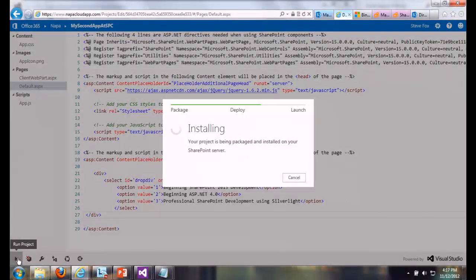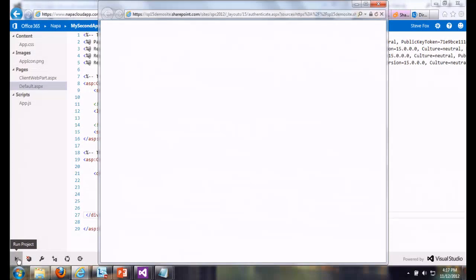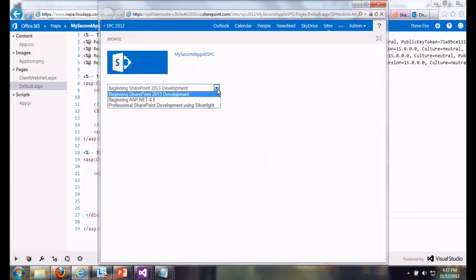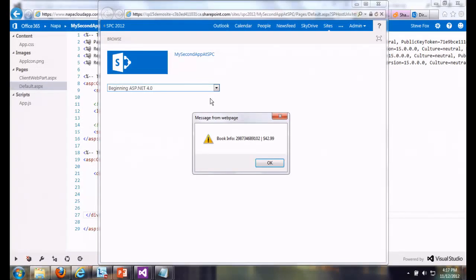There we go. So now it's launching, because it's installed that code on the Office 365 SharePoint instance. And oh my God, here is the app. A lot of time went into the design of this app, okay? You ready? Checks in the mail. The point is, we've got some JavaScript, some ASPX that works together, okay? More importantly, the takeaway here, it's very easy to build and prototype some apps that you can deploy into SharePoint.